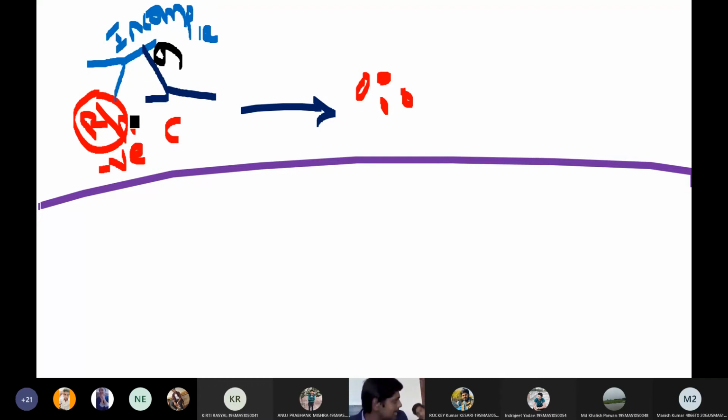It is not binding with the antigen. That means this is an anti-antibody. That means this is an anti-globulin. This secondary antibody is anti-globulin in nature. It is an anti-antibody actually. Antibodies are also called globulins. Keep in mind, upon adding this secondary antibody, it will bind with the primary antibody and I will get a reaction.